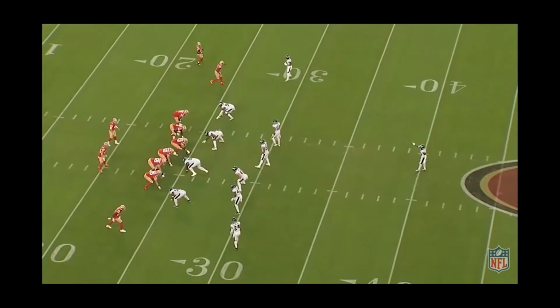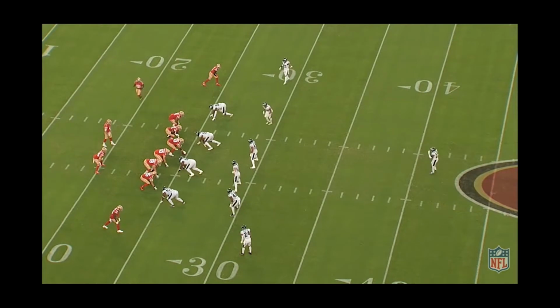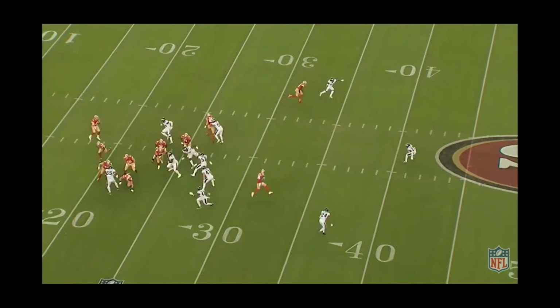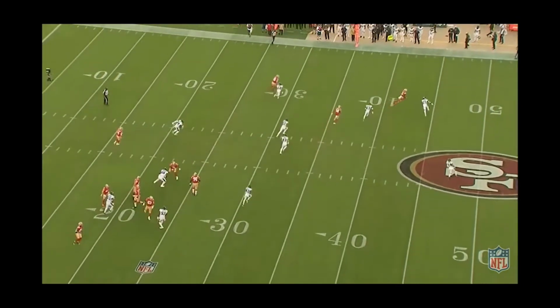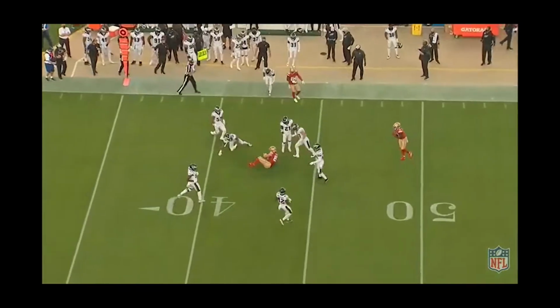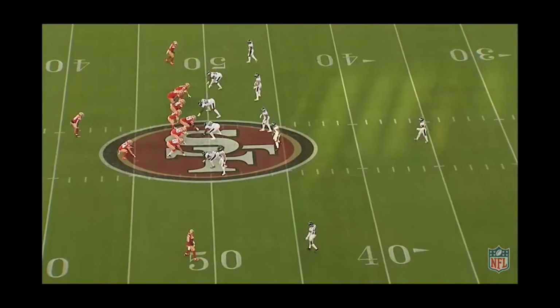Now, I don't think Kyle Shanahan got the memo that these Eagles linebackers really aren't the best guys playing on the field, all right? Now, I expected more of this. Now, you're going to get motion, offensive line. It's going to get the defense going one way. George Kittle's going to catch the ball going the other way. Now, I thought they were going to attack the linebackers more in this game, but apparently not. For some reason or another,